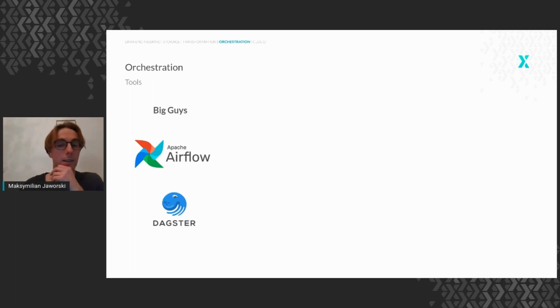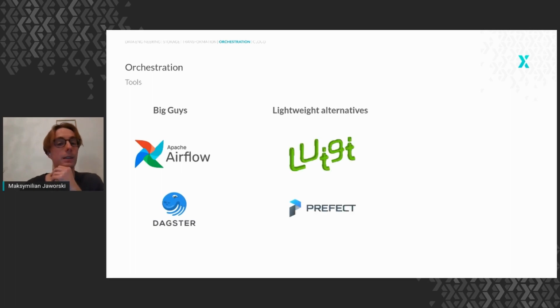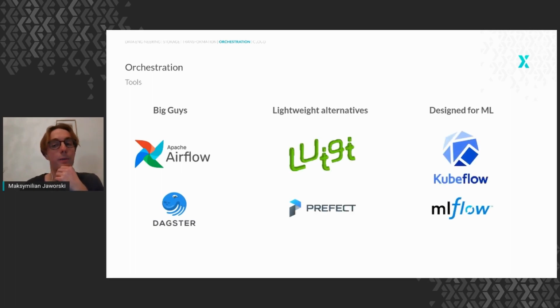So what Python-based tools do we have here? Well, we've got Apache Airflow and Dagster. We've got Luigi, Prefect, Kubeflow, MLflow, and many other solutions like Mara or Kedro. Overall, I would say that Airflow is probably both the most popular and also has probably the broadest range of features. Luigi, designed by Spotify, is a similar tool that's probably simpler to get started with, but